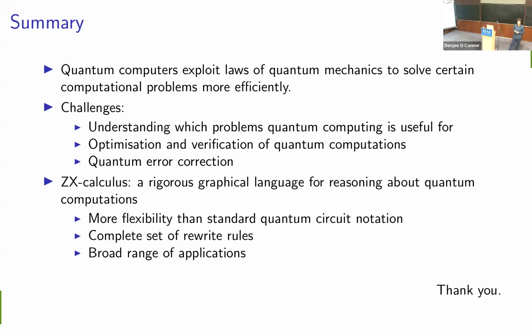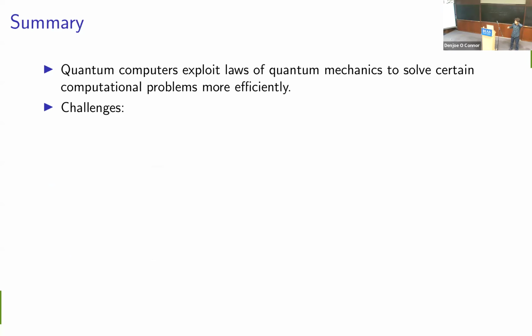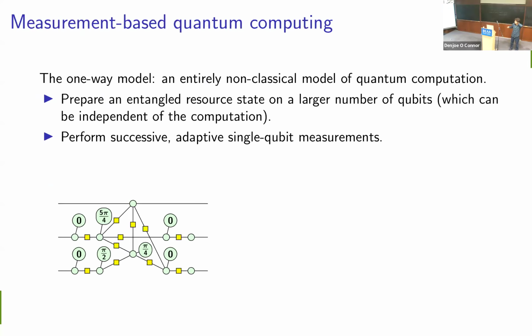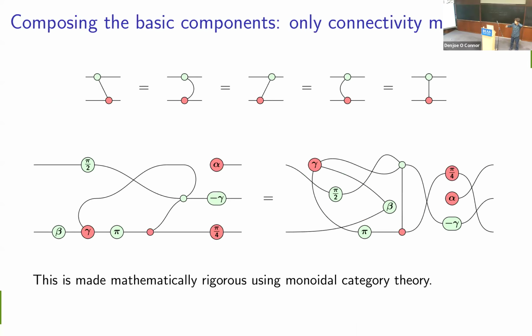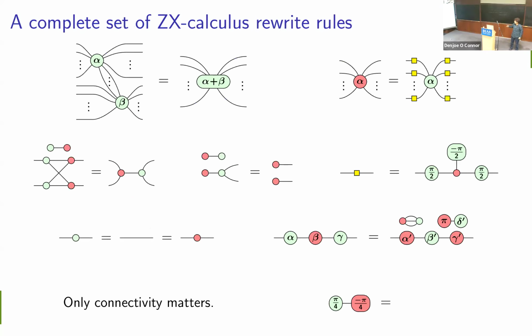If you wanted to use mixed states, then your states would all be represented by density matrices. In principle, the same rules will apply to them. Exactly, that's actually a very good point. There's one extra operator you need to add to turn this all into something that works with density matrices. Basically, in addition to having our standard spiders and our Hadamards, you also add an operator that allows you to do tracing out.